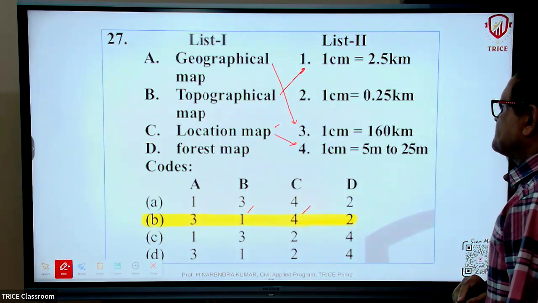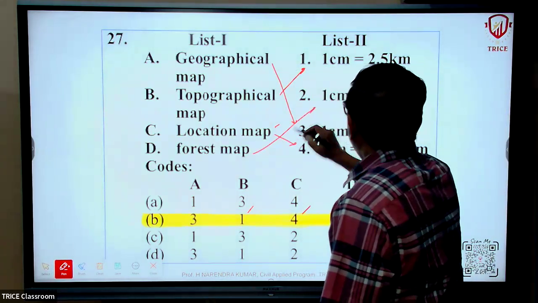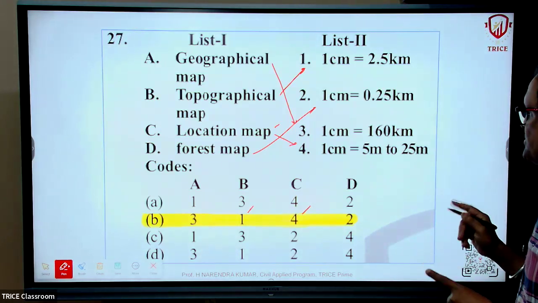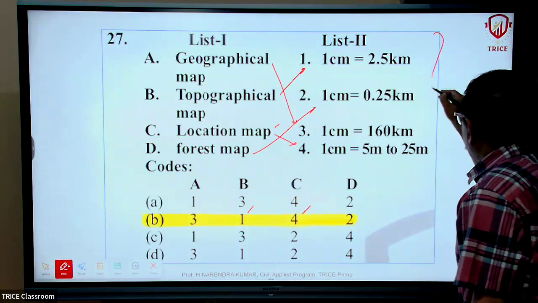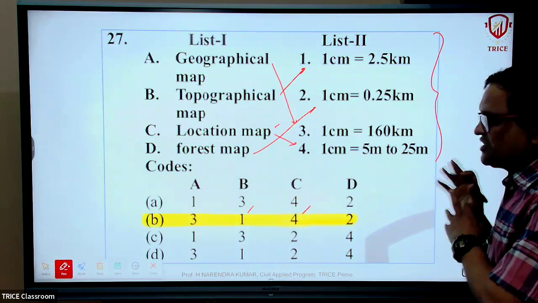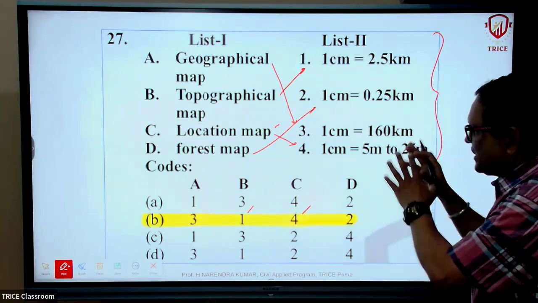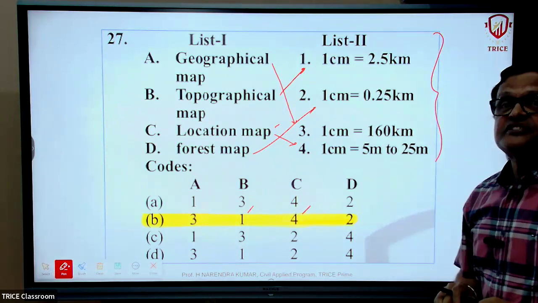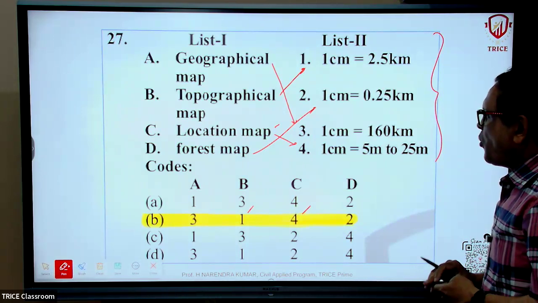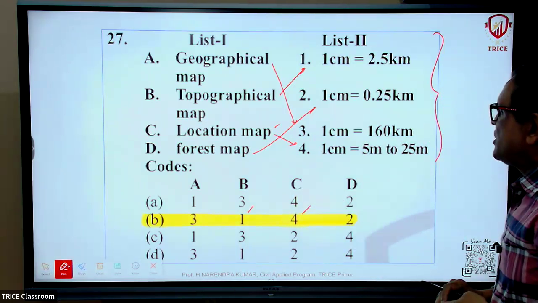Okay, and finally, the forest map, 1 centimeter is 0.25 kilometer. Let me tell you, yes, I know this is not possible for us to remember all these values because there is a range and also the scales are there. This is not even the RF value. And if you like to convert this into RF, then you are going to lose precious time. So once again, you need to identify 1 or 2 right answers and look for the choices and